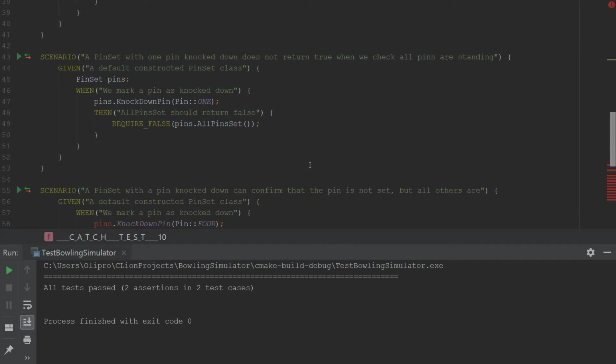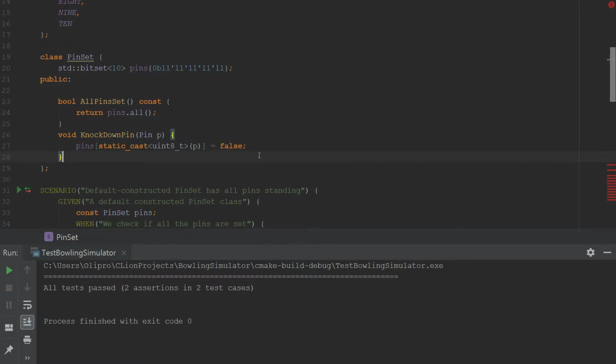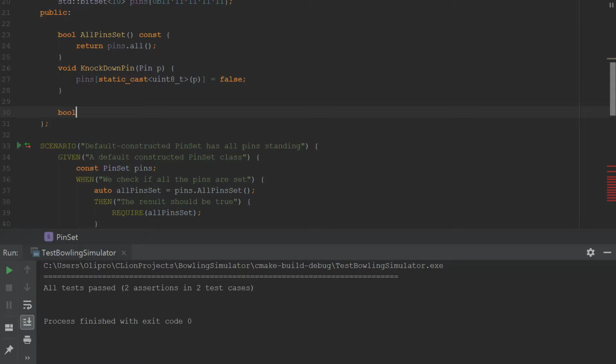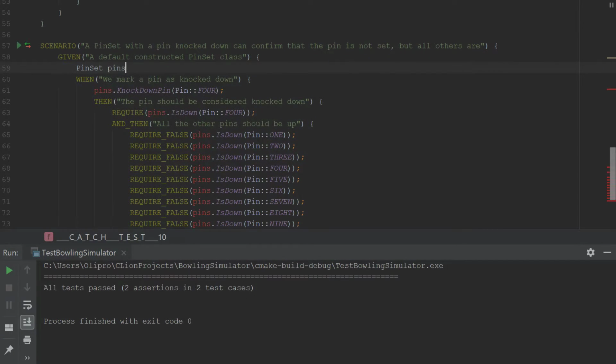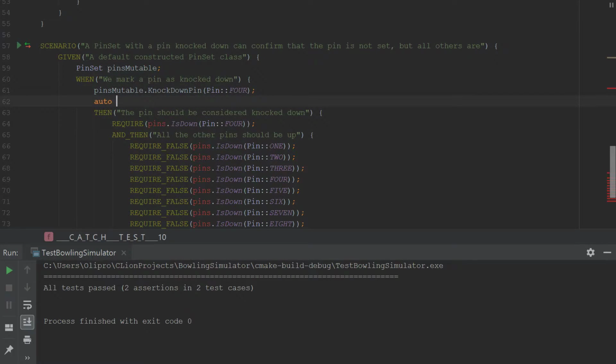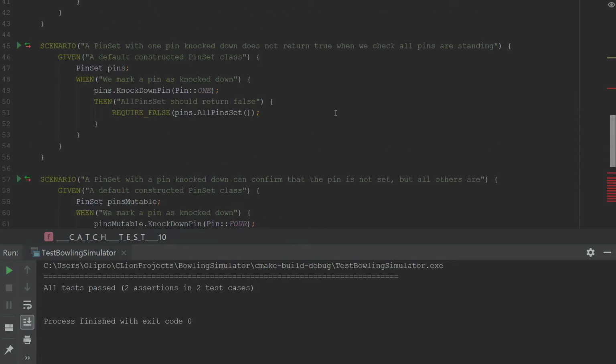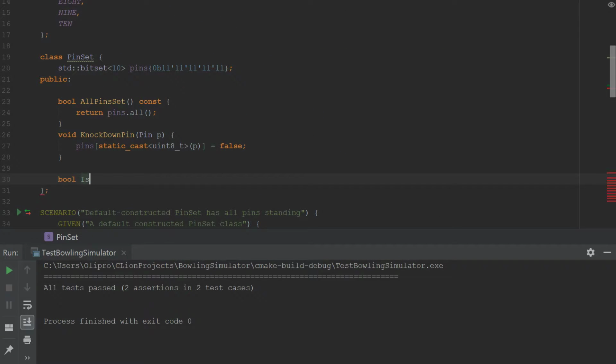All right. So we're then going to go back to our implementation up here and have a bool. And just to make this a little bit better, let's make the pin set pins mutable, and then let's do pins mutable here, and we're going to just do const auto ref pins equals pin mutable. So we can even ensure const correctness as we go. So we need the is down. So let's go ahead and do that. So bool is down